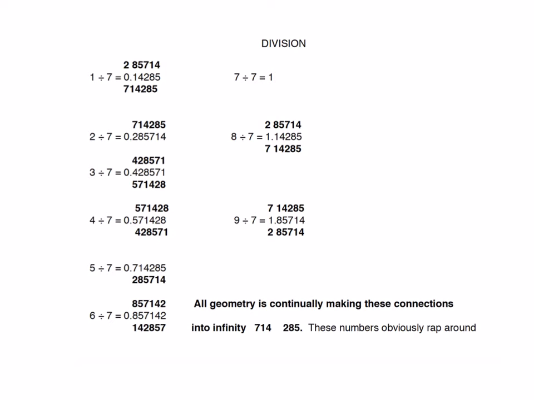Okay, 7 divided by 7 is the only whole number we get in that table. And every time we're looking at the 7s, anything to do with 7, we're always getting an infinite number, except for 7 in itself. And that's a whole number 1. Now, 8 divided by 7 is 1.142857. And the 9 divided by 7 is 1.285714, or 1.285714, which the 1